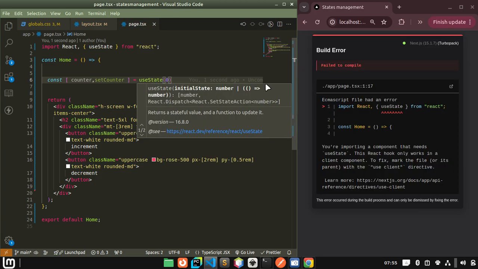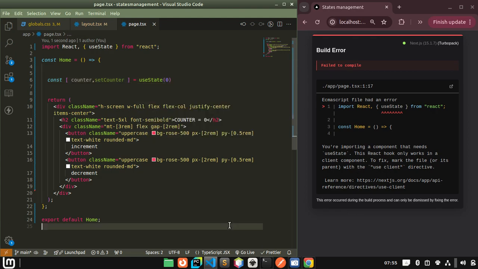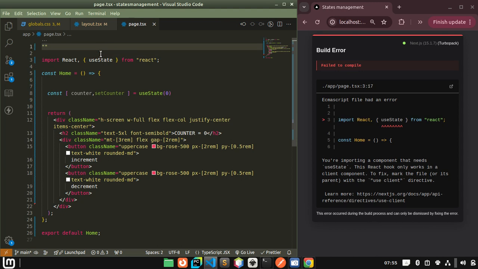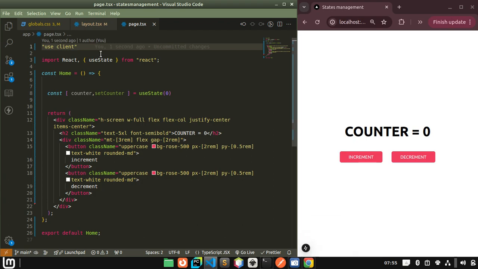When I do that, this will automatically fail to work, because by default every component in Next.js is a server-side component. So for us to be able to use the useState, these React hooks, we have to change this component to be a client component, and for that we use "use client". Now with that one set,